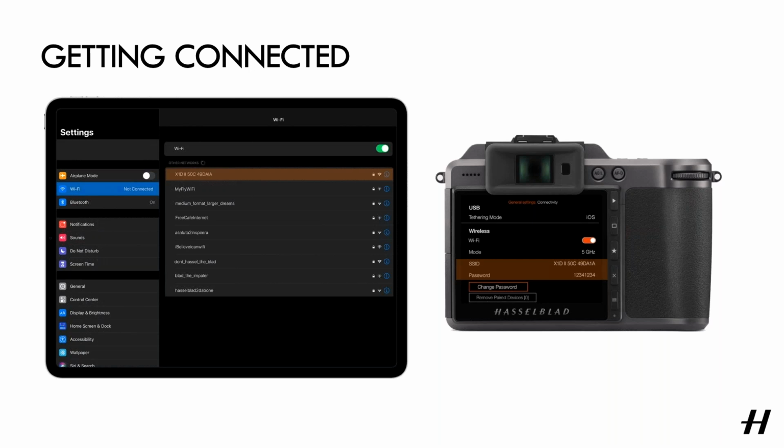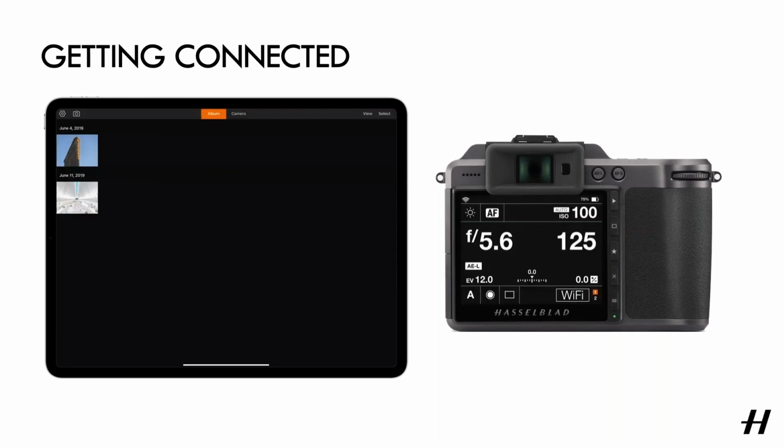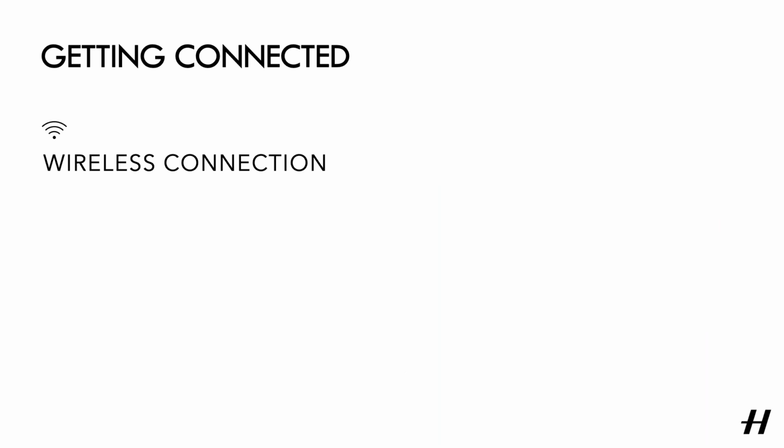Once the Wi-Fi is connected and confirmed in the iPad, you can swipe back over to the app, and you'll actually have two areas of confirmation to show that the camera is connected. Firstly, the camera icon in the top left corner of the app is no longer grayed out, and also on the camera itself, the shot counter, where normally you have a digit counter showing the remaining number of shots available on the SD card, has been replaced with the Wi-Fi symbol.